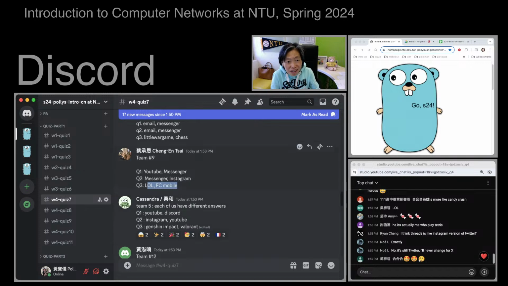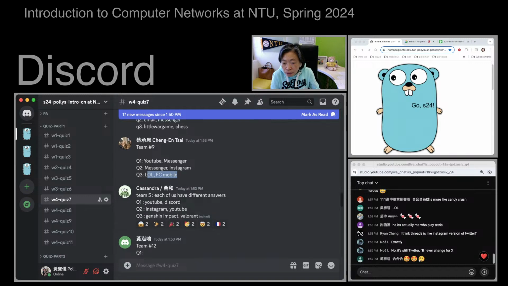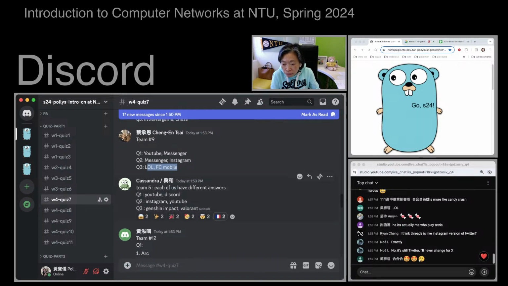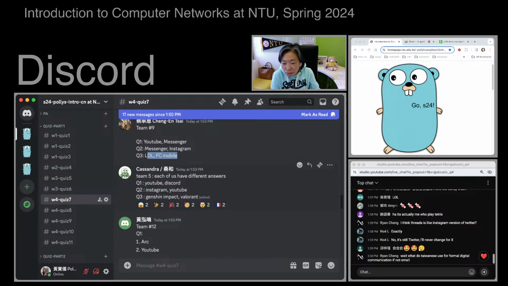It seems still very popular, this game. LOL. FC Mobile. Okay, Cassandra gets a lot of support from the teammates. Genshin Impact. I've heard about this game. It was popular for a while. Valorant. I've heard about this one also, but from last semester from the students in the class as well.